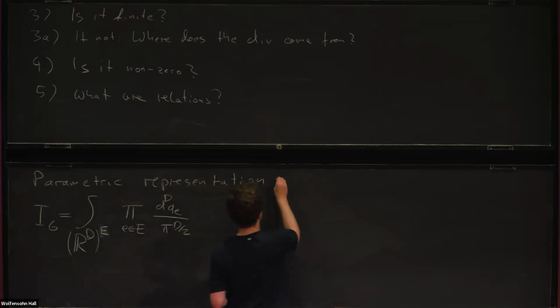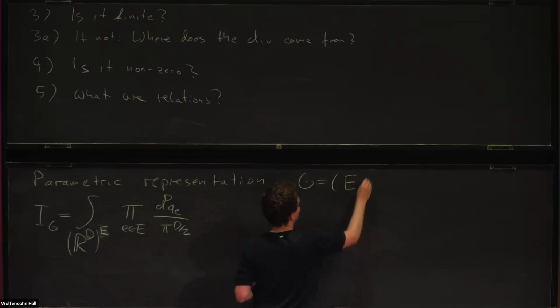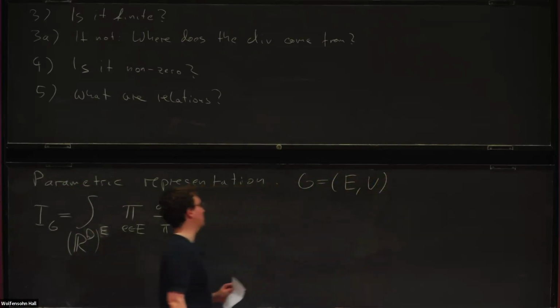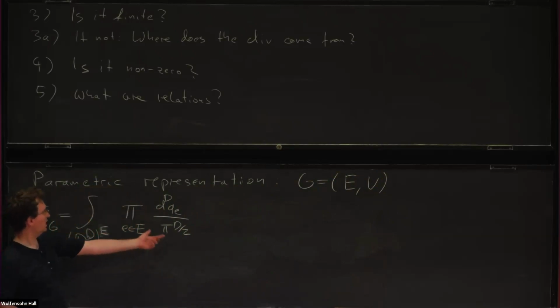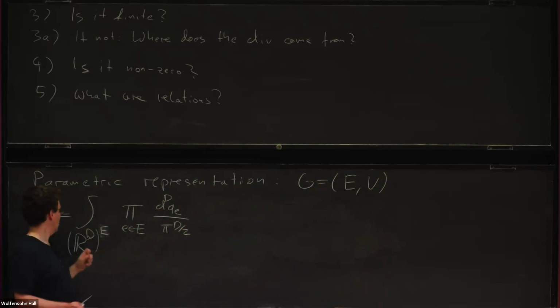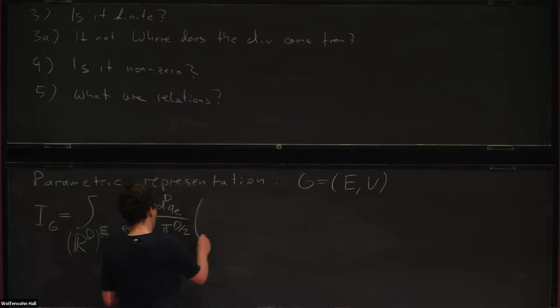The parametric representation is always based on some Feynman graph, and we think of the Feynman graph as given as a pair of some edges and some vertices. For each edge, we take a d-dimensional measure over a d-dimensional space. And we also take a propagator,